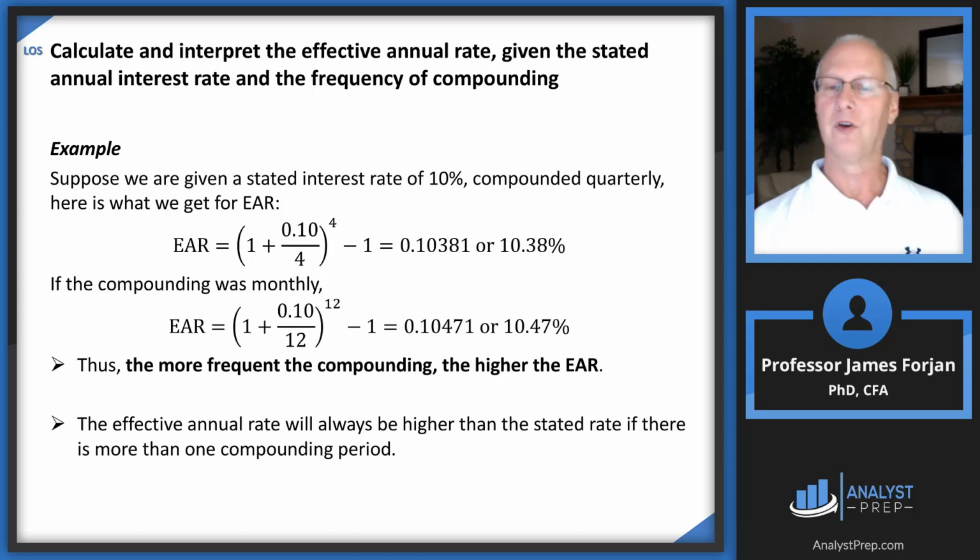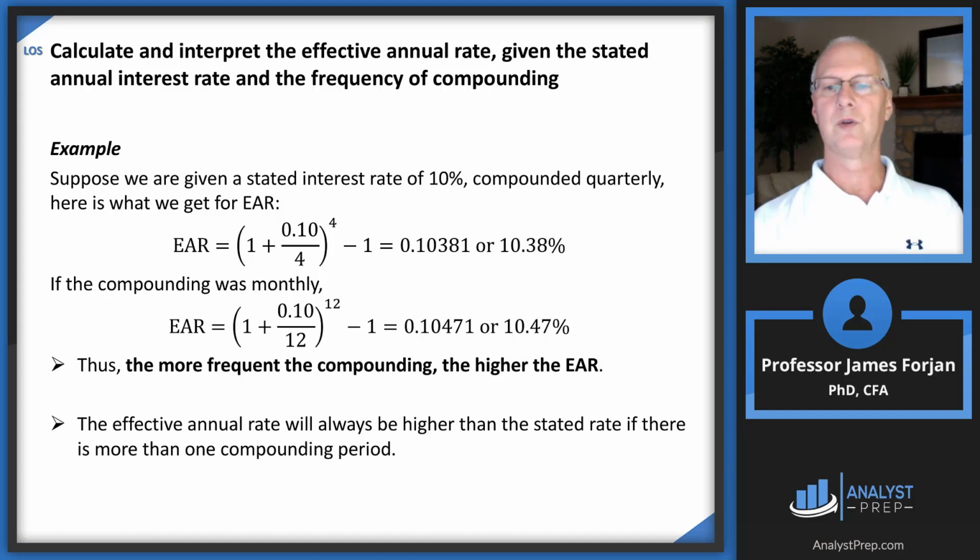Subtract that 1 out. So, notice inside of the parentheses, we add the 1 so we can get the effects of the compounding, and then we subtract the 1 to get rid of those effects of compounding, so we're back into an interest rate. So that 10% annual stated rate translates into 10.3% if interest is compounded quarterly,